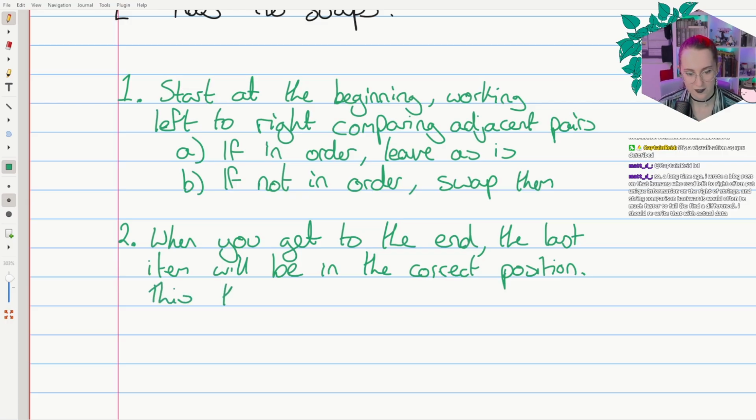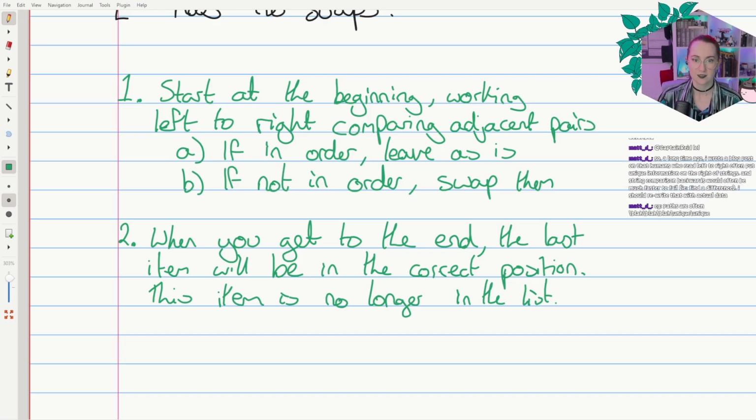And then it says this item is no longer in the list. Basically what that means is, if I tell you that the last item is in the right place, you don't need to check it again. So that's quite nice. It means that the next time you go through things,